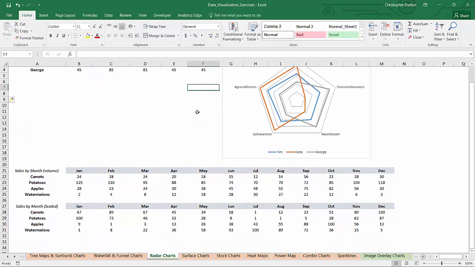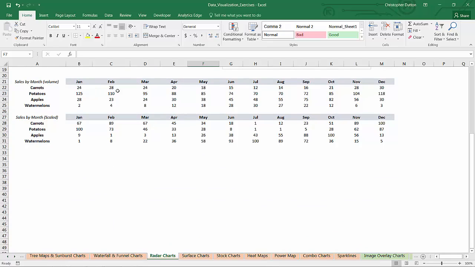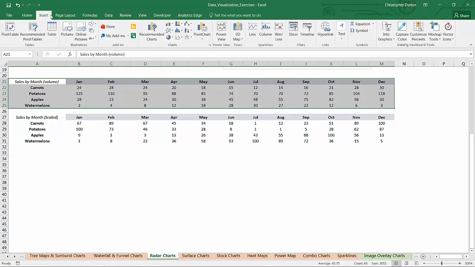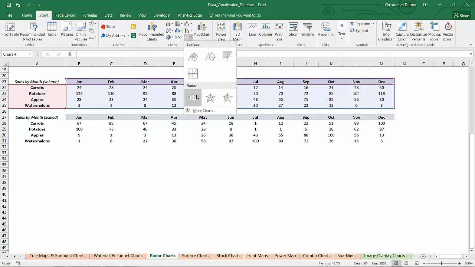So let's scroll down and take a look at our second data set. We've got sales by month for 4 different crops: carrots, potatoes, apples, and watermelons, with 12 months of data. And we've got 2 versions of this. I'm going to show you the first one and then talk about what this second version means. So this is just volume of sales. If I select that series and insert a radar,